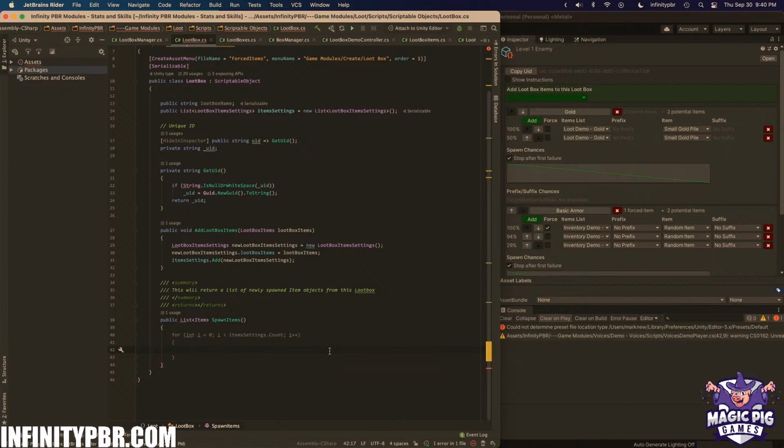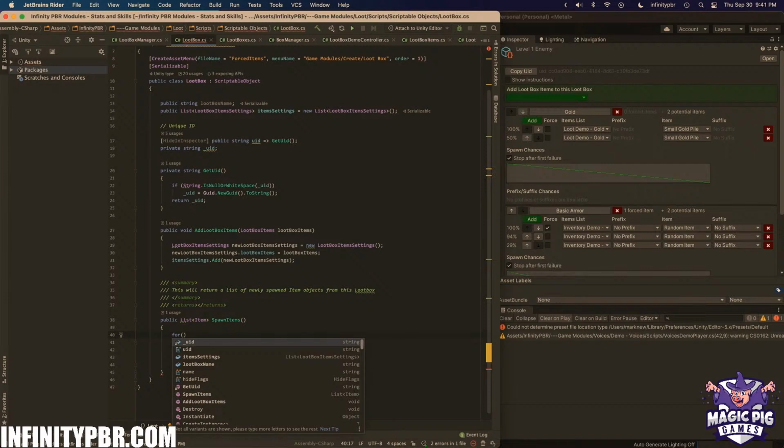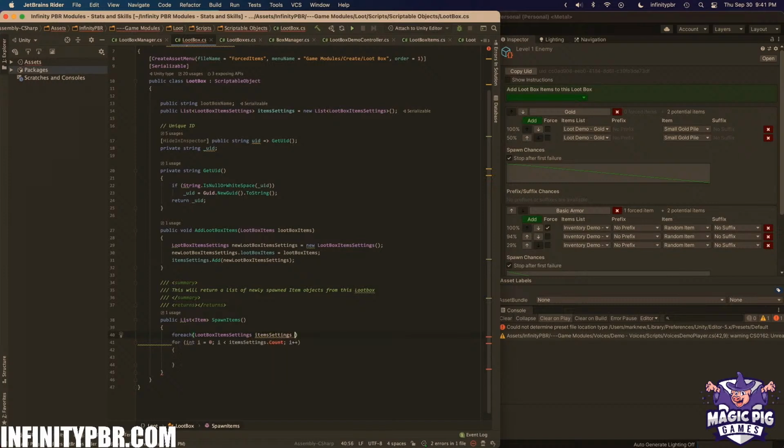I don't think I need to do a number. I could probably do a for each. For each loot box item settings, items settings, or items setting, or we'll just call it items in items settings. And then for each one,